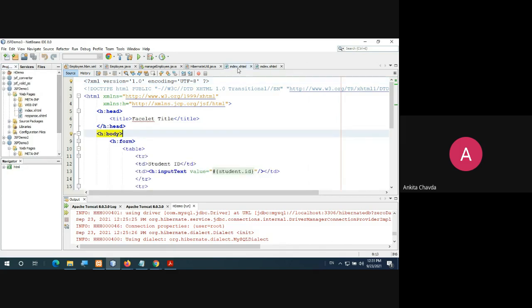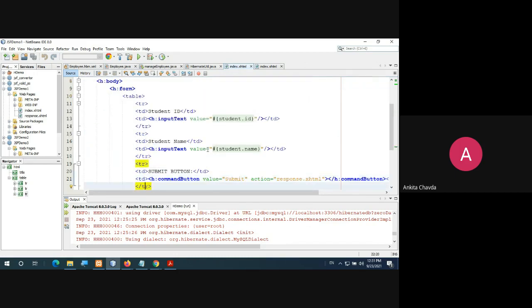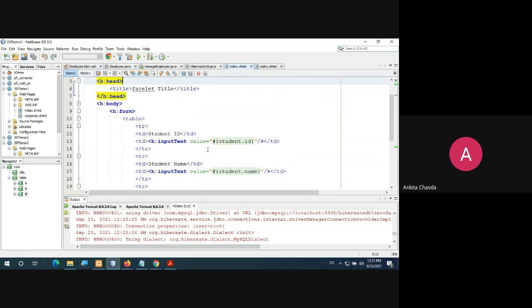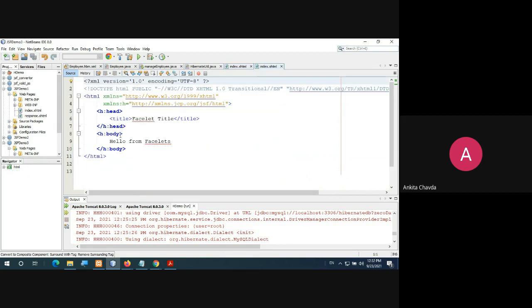In our file here, I'm simply writing very simple things. Student ID, right? I'm creating one form inside this body. You will have this blank. Inside this h:body, delete this, and here you will create h:form.